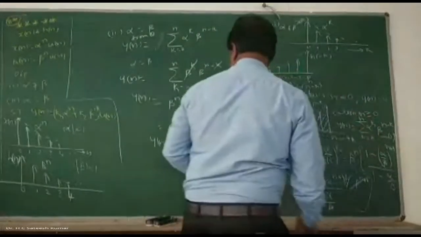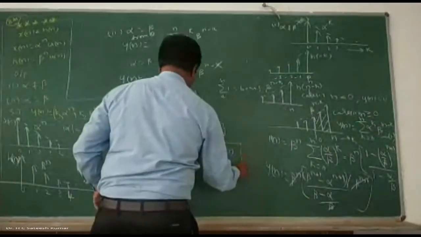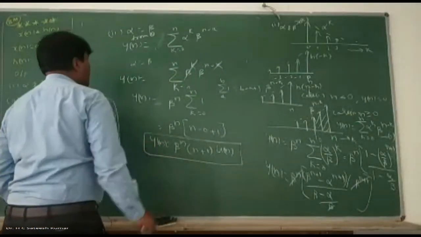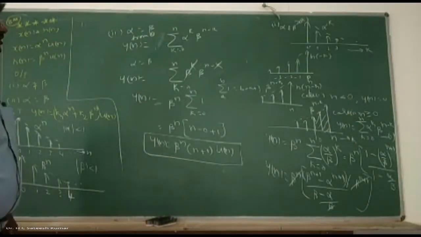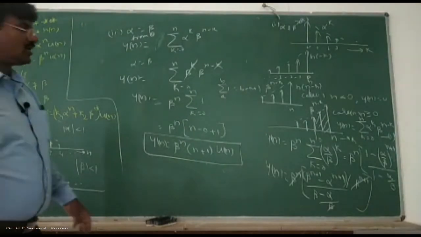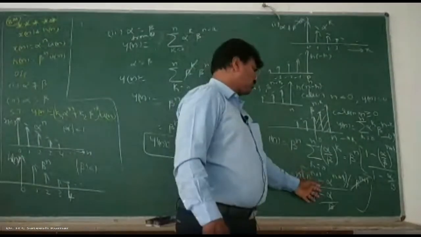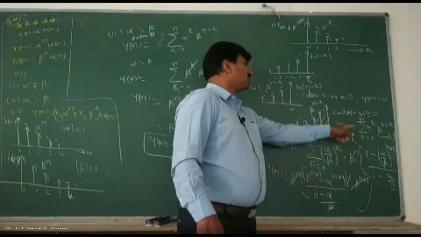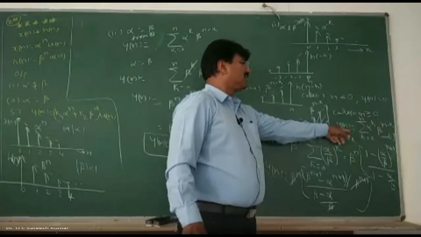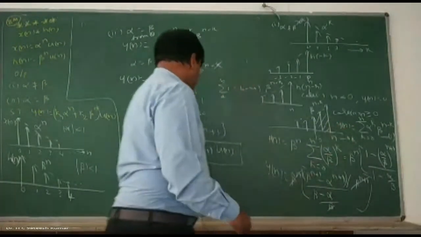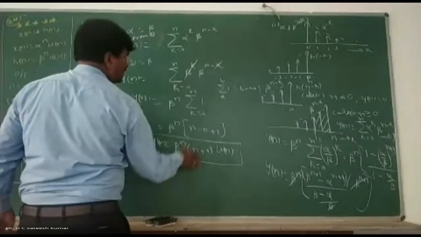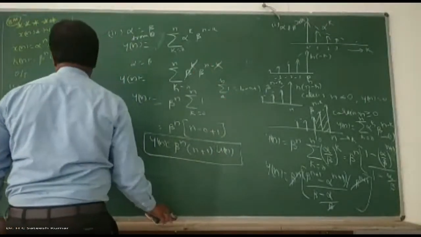So this is the answer for when alpha is equal to beta. When alpha is equal to beta, don't try to substitute here. If you substitute here, you will get an indeterminate form. Go with this equation itself, then you will get the answer easily. That's how we should do it. And the sketches and all remain the same, so don't do them separately.